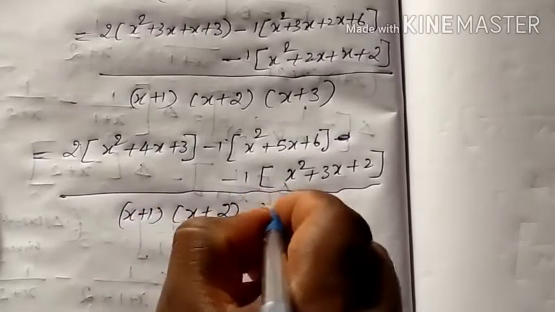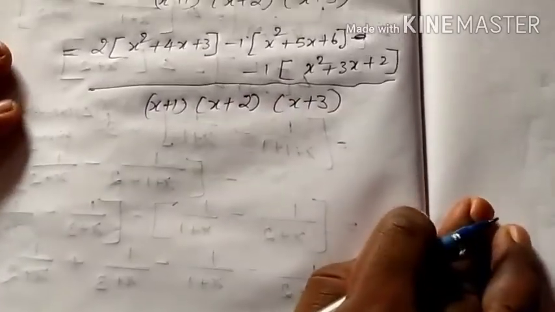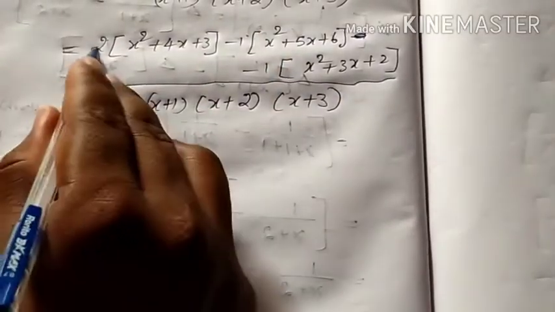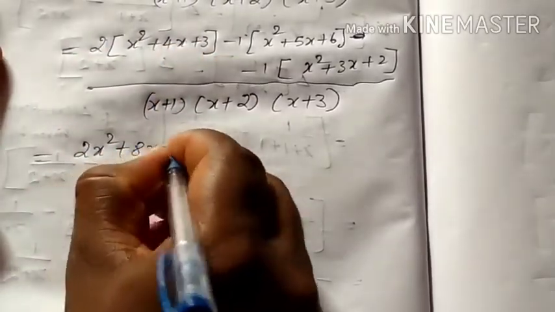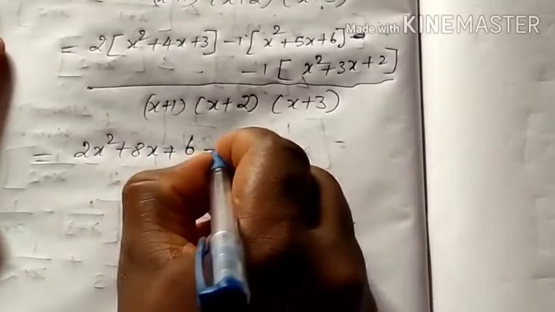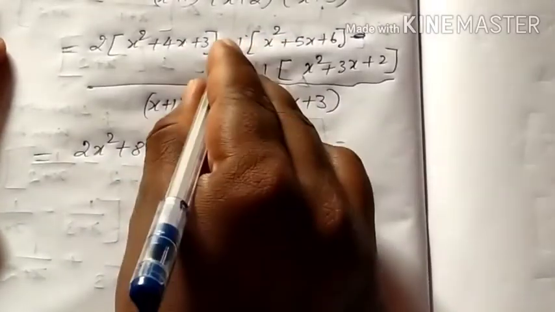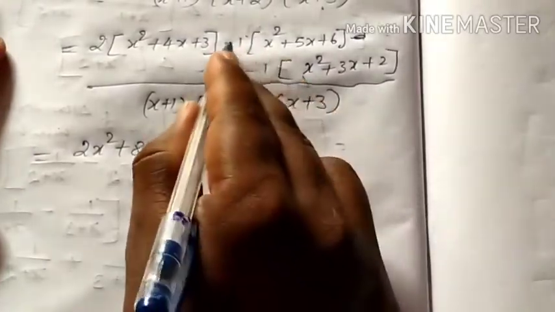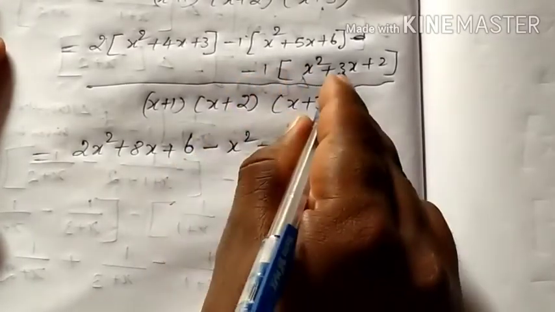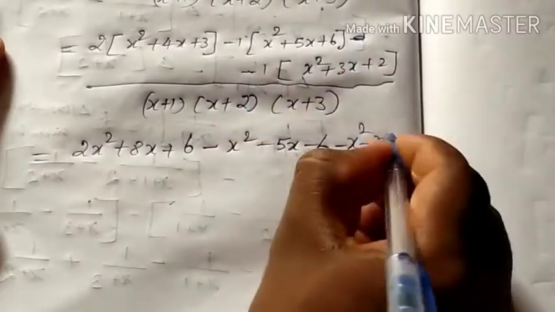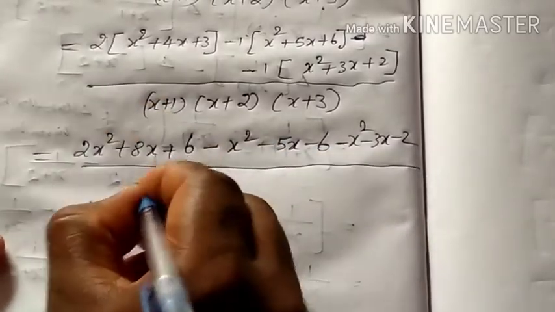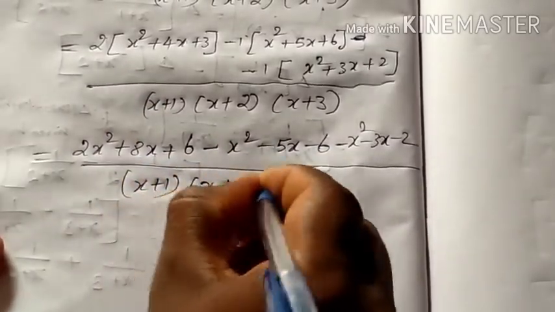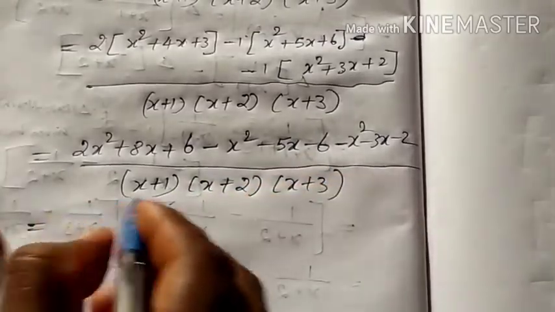Okay, which is equal to, multiply inside the value of 2, 2 into x square, 2x square, 2 into 4x, 8x, plus 2 3s are 6, minus 1 into x square, minus x square, minus 1 into 5x, minus 5x, minus 1 into 6, minus 6, minus 1 into minus x square, minus x square, minus 1 into 3x, minus 3x, minus 1 into 2, minus 2, whole divided by x plus 1 into x plus 2 into x plus 3, which is equal to, let us consider